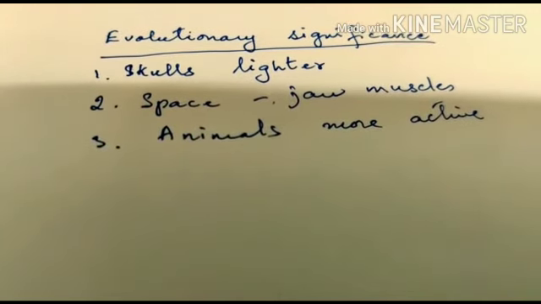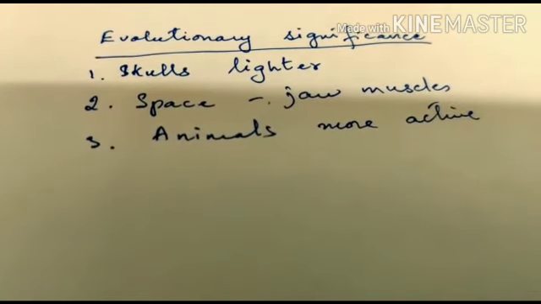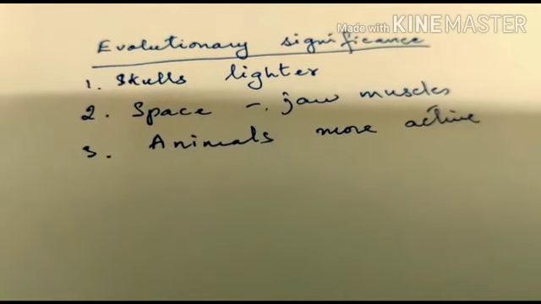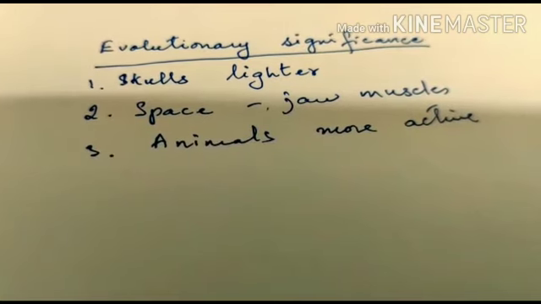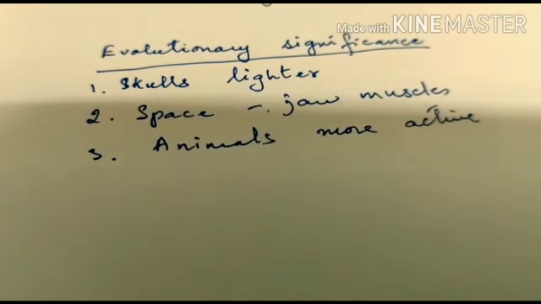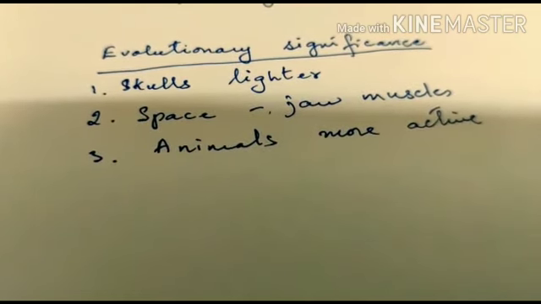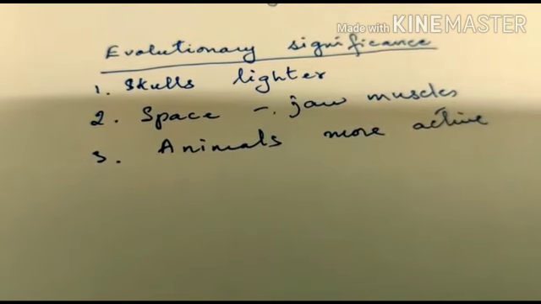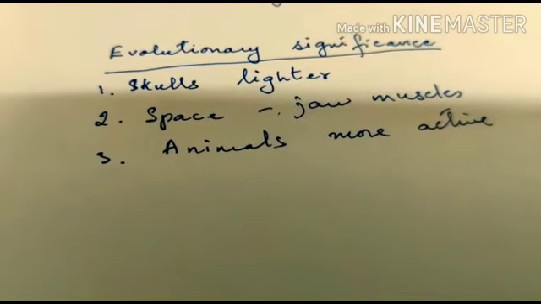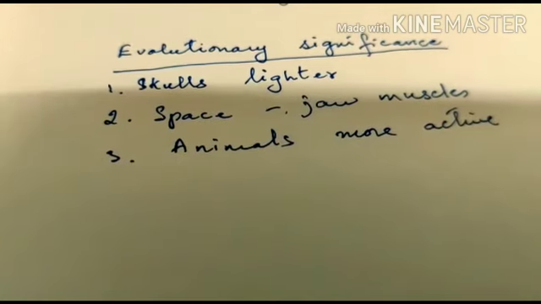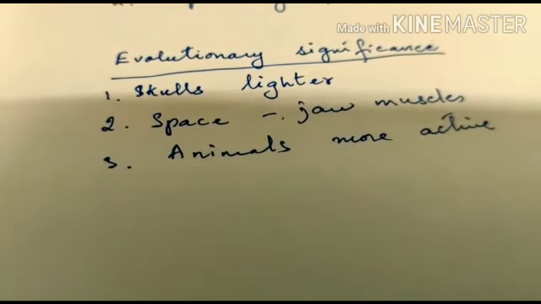So if the fenestrae are big, as in case of snakes, as I told you, some of the bones disappear. So for that reason, the diapsid skull has a very wide space in case of snakes. And because of that, you find that the jaw is capable of moving very widely, or the snake is capable of catching a big prey. And another thing is, when the skulls become lighter, the animals also become more active, and thus they are able to move fast away from their predators.